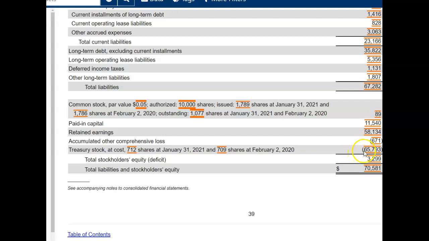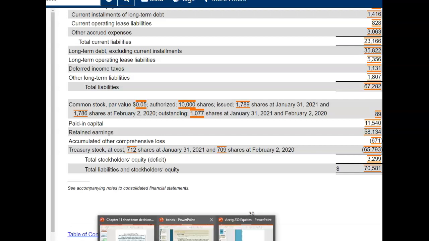And here's this treasury stock. Treasury stock is a contra shareholders' equity account. The investors gave us money, and then we bought stock back from them and gave them money. Cool, huh? All right, we'll talk more about it, I promise.